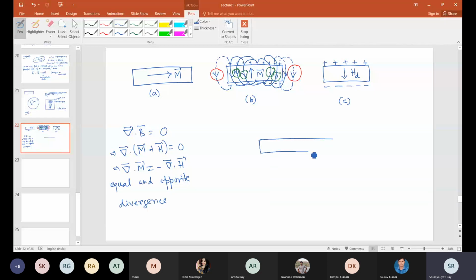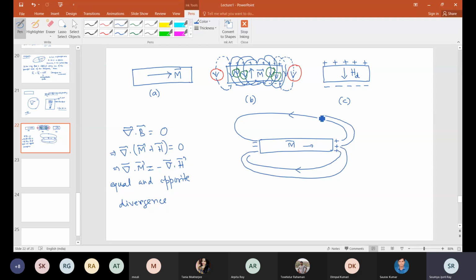So let me take this particular case, where M is magnetized in plane. Here these monopoles will be located here, right? If I have a return path, it will look something like this.